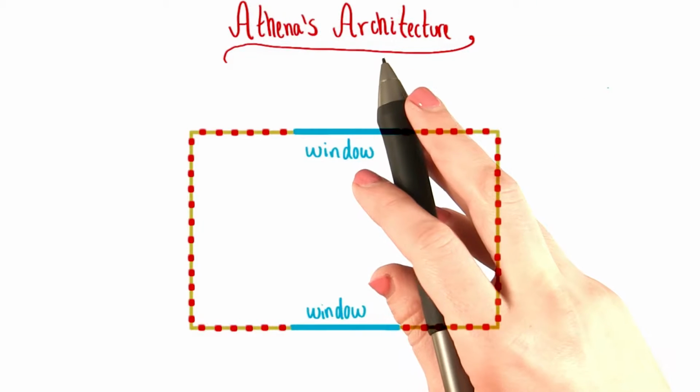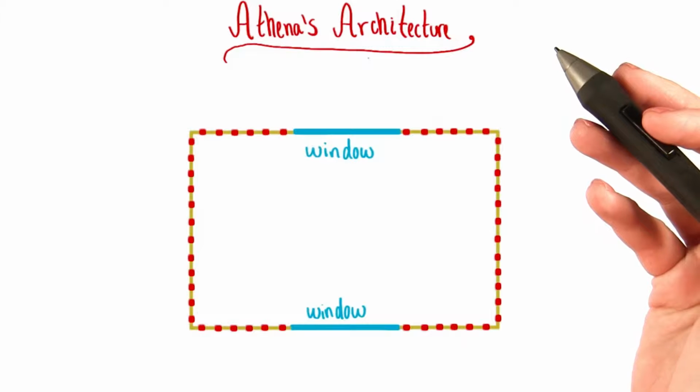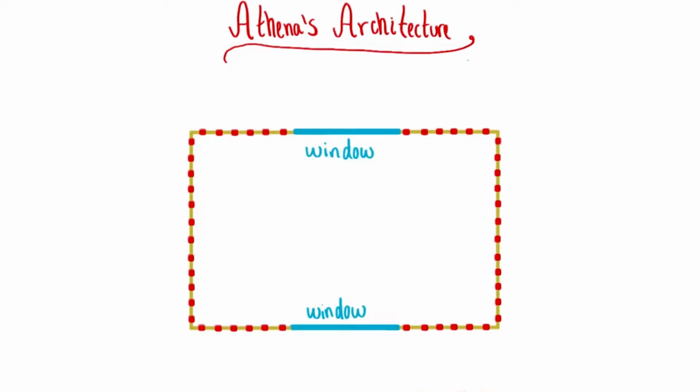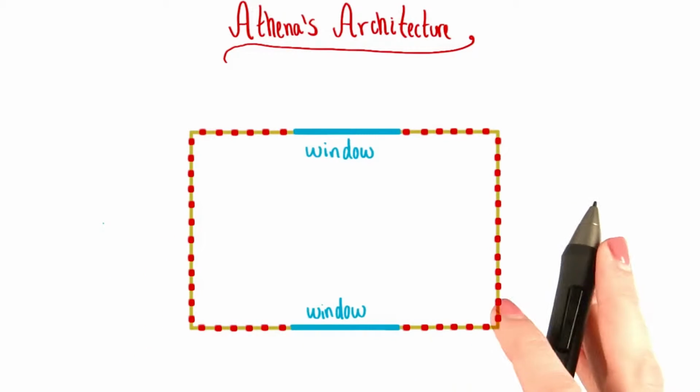Athena started interning at an architecture firm to learn the basics of designing and planning for the construction of new buildings. This isn't just any architecture firm, though. It just so happens to be the firm that designed the new office for Grant's Cleaning Glasses Company. So we're going to go back in time to follow Athena through the work that went into creating Grant's awesome